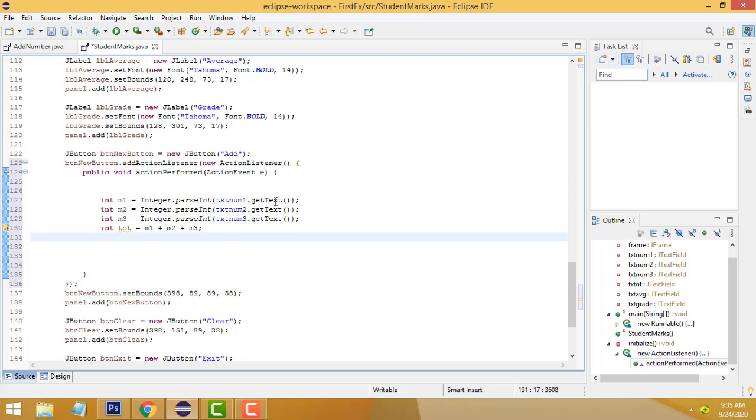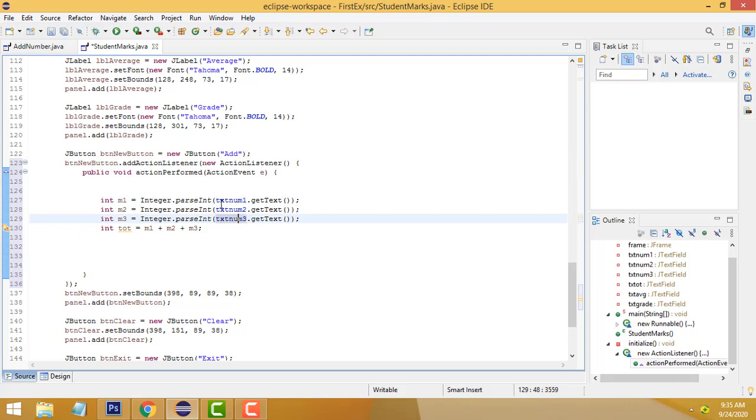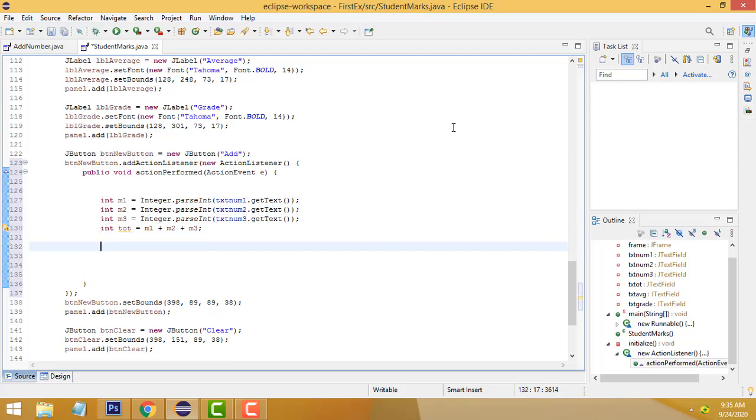What are the values you have entered, num1, num2, num3? All the things are assigned to these variables. We have to calculate them and put them into the total variable. After that, all these values should be passed to the relevant text field. So we have to write txt dot